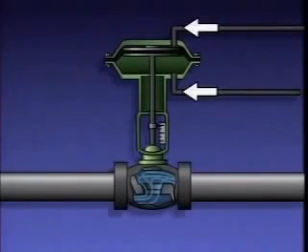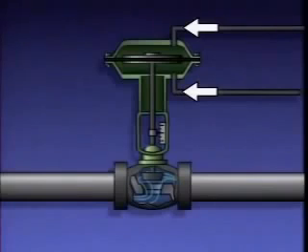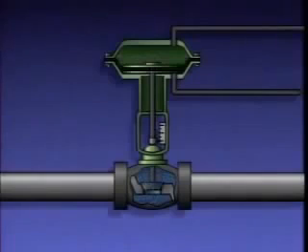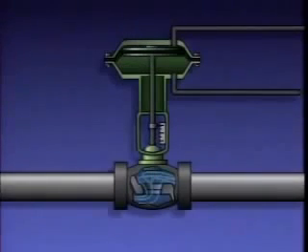These actions make stem movement and therefore valve position proportional to the difference between the two air pressures applied to the chambers of the actuator. Controlling the applied pressures enables the actuator to position the valve